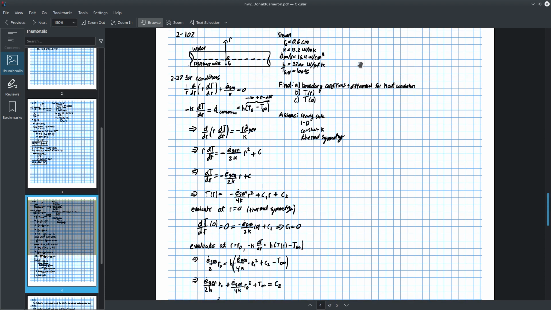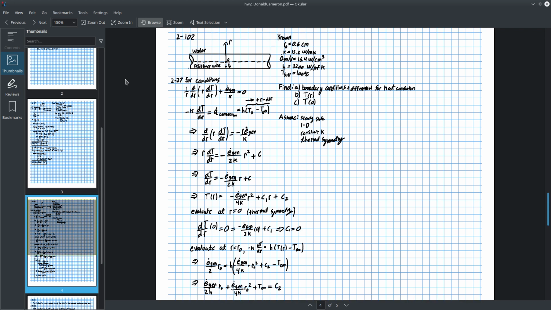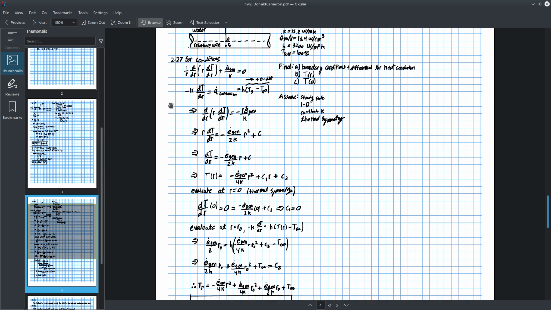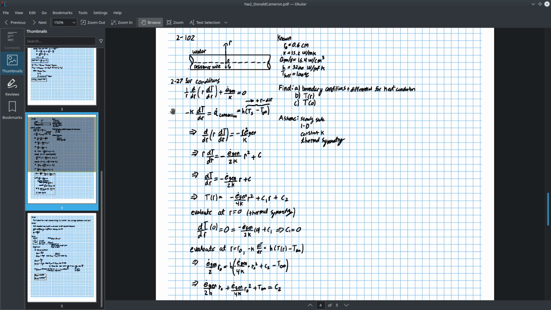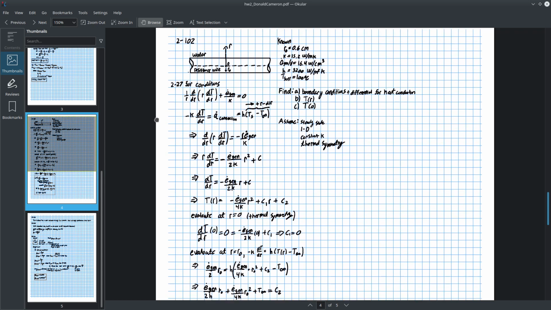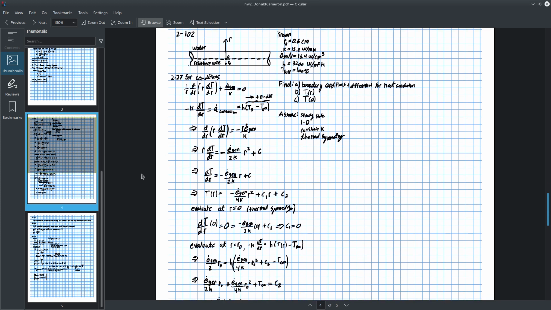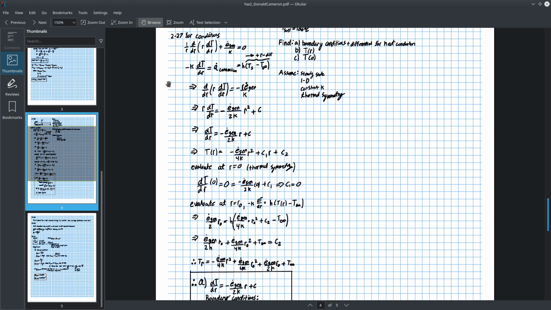Here we find the differential for heat conduction and the boundary conditions for a resistance wire in water that is resulting in heating. And we have our conditions in the one-dimensional steady-state equation for heat conduction in this cylinder, and then we can make substitutions given our knowledge of heat transfer here. And then following simplifications and integrating twice, we find a relationship for the temperature profile, and from there we can